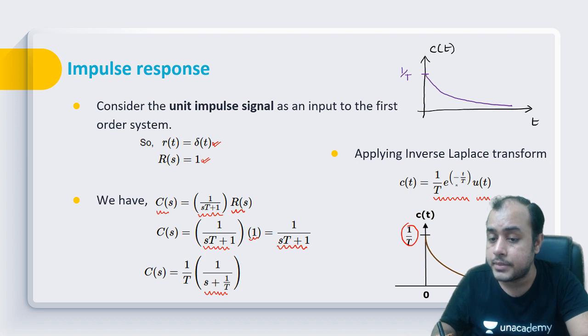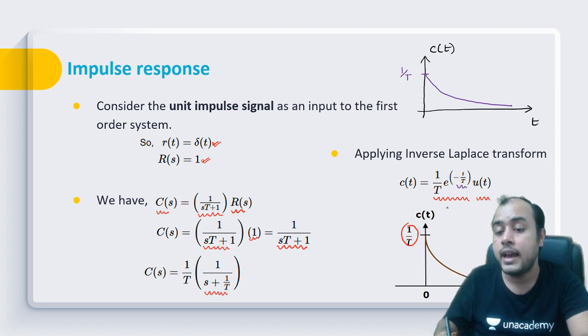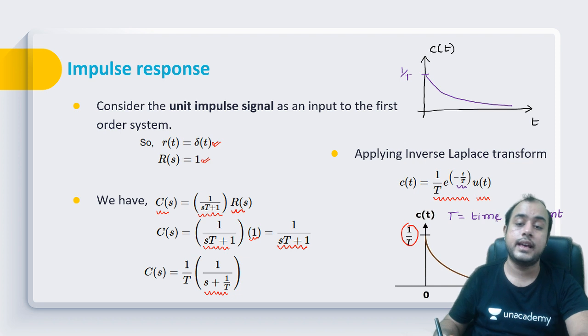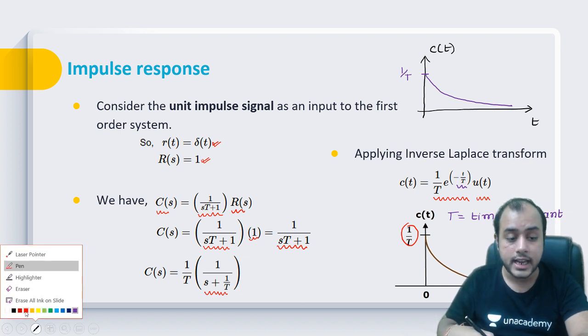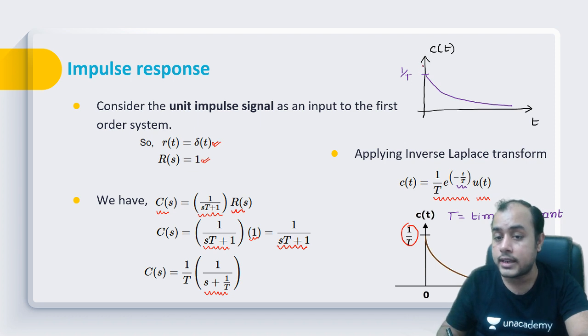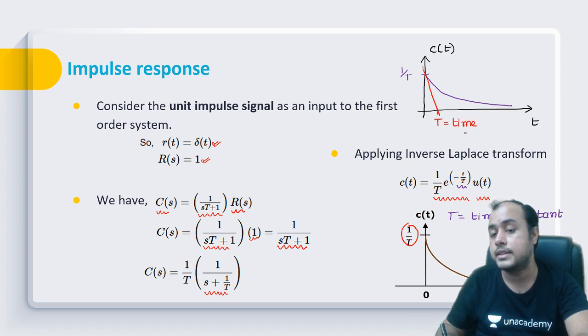And if you see from this equation, you can say that T is the time constant. You study about the time constant in control systems as well as in network analysis. Let me show you a graphical picture of the time constant. If you draw a tangent at 0, then it intersects the time axis at T. T is what? The time constant.